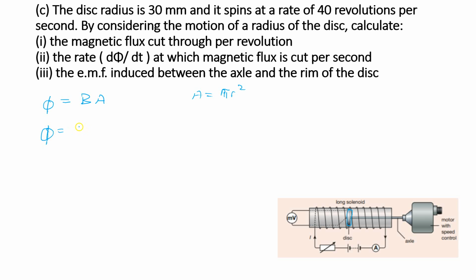So our magnetic flux is now equal to 1.26 times 10 to the minus 3 times the area, which is pi times the radius squared. So that's going to be 30 times 10 to the minus 3 squared. When we do work that out,